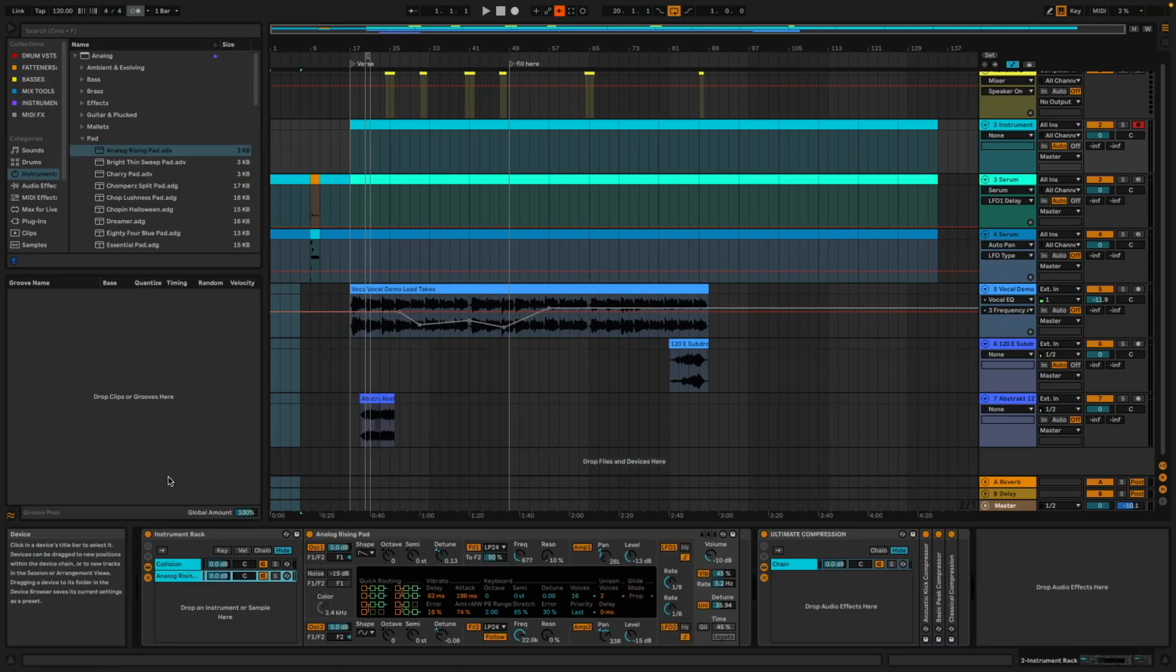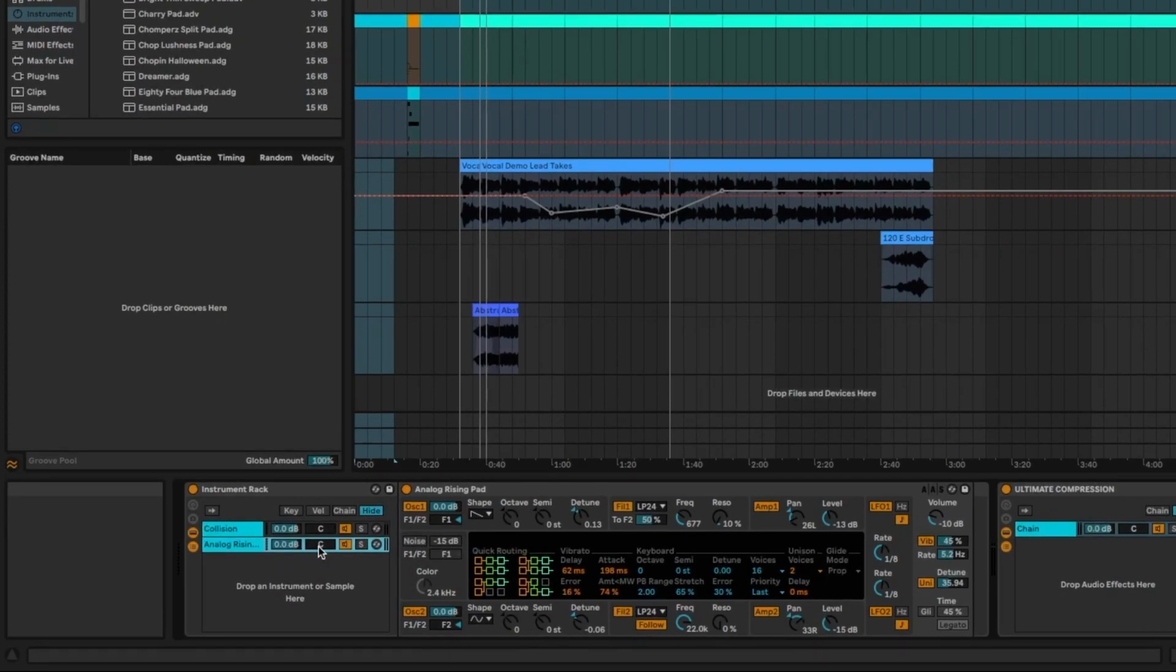I can drag and drop it here, and now you see we have two chains, and we have our volume fader, a pan fader, a device on or off, basically a mute function, and then a solo button. Right next to that we have a swap mode, which basically just allows you to switch an instrument. So now if I press a note,